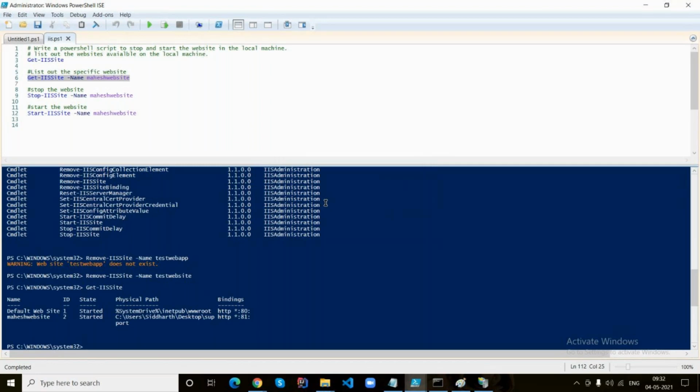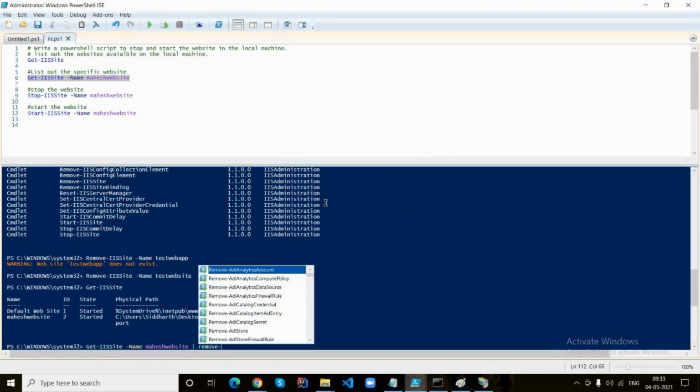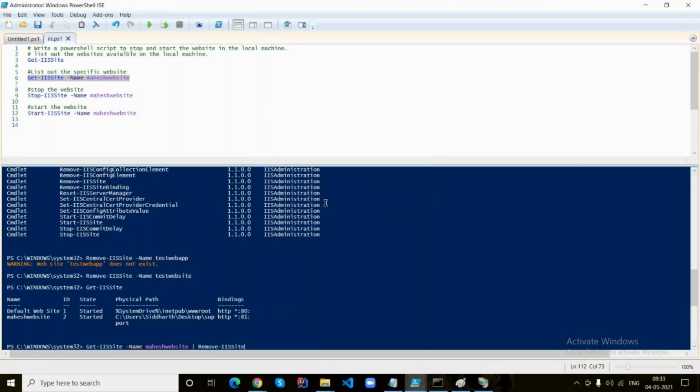So Mahesh, now execute the command get IIS site for particular website and pass on the remove parameter after the pipe symbol, please. Pass on verbose parameter, please.